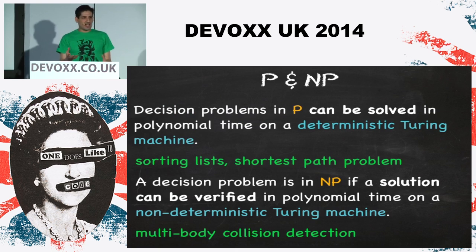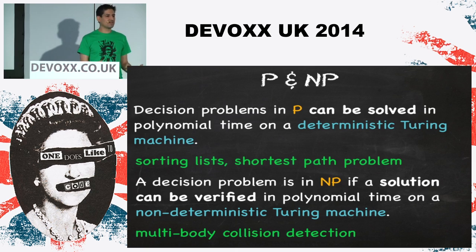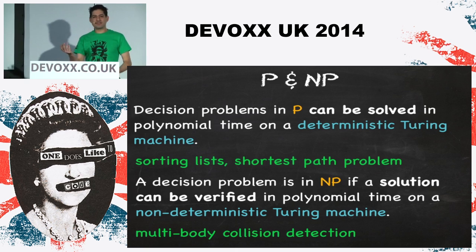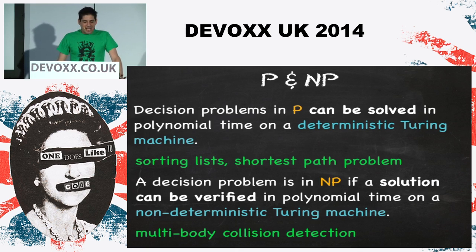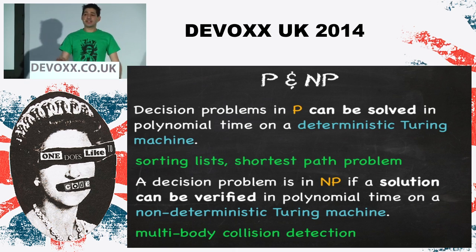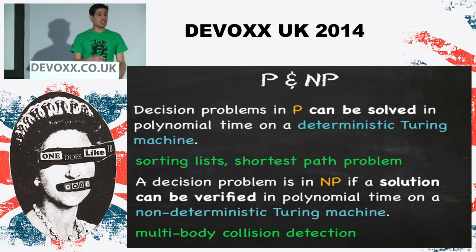So what we do is we try and classify these problems into P or NP. P means it can be solved in pretty much linear time. Most of the problems we deal with are P problems: sort a list, filter, map, reduce. They're problems in P. A problem is in NP if the solution can be verified in polynomial time. So the traveling salesman problem is a classic NP problem. You've got a salesman who has to visit so many cities, and you have to work out what the shortest route is. Calculating that route is a really hard problem. Checking that the answer you've been given is the shortest route is dead easy.